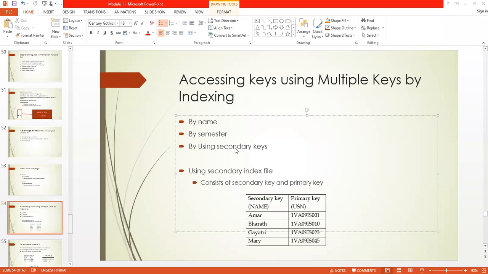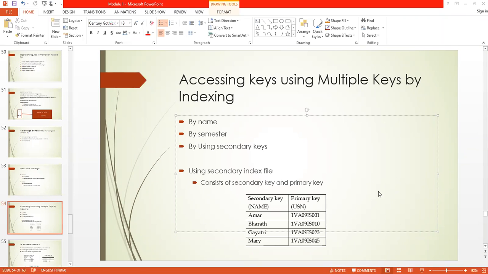Yeah, I want to access the records with respect to the secondary keys. If the project is such that I want to access the records by such particular keys, then for such keys I can build the secondary index file. By name, I'm building it whenever I'm creating and adding the records. Suppose I want to access by semester also, or by branch also.